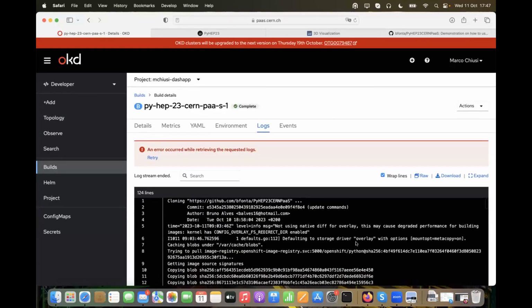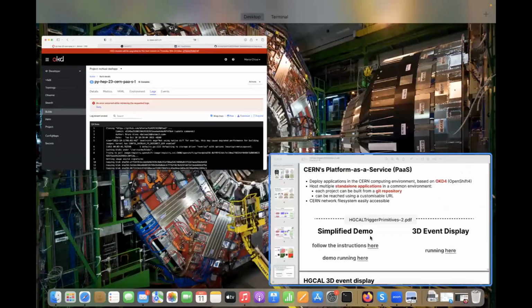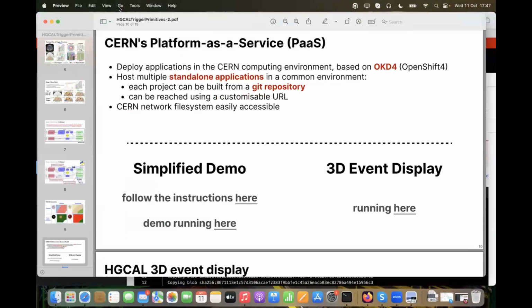And that's it. That's the basic idea. It's very simple to use. And now I'll pass the floor to Marco, who will explore exactly the same idea, but for the full event